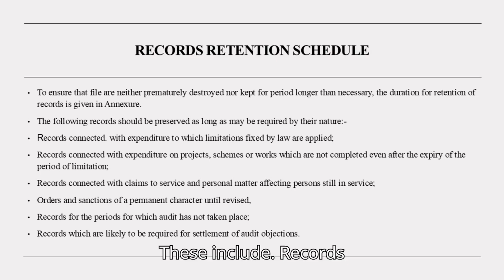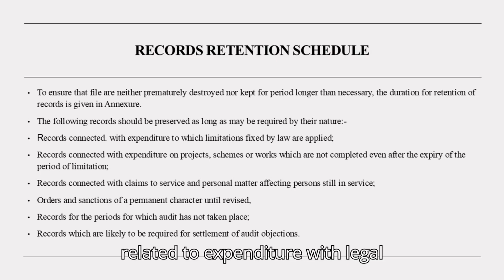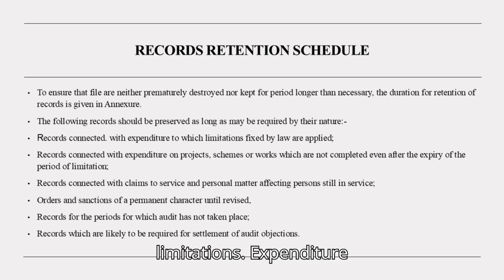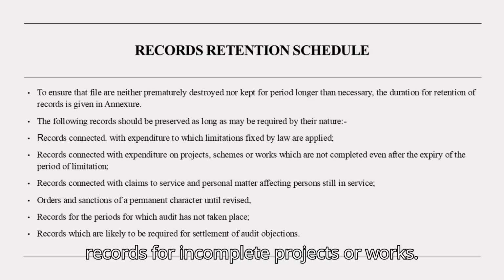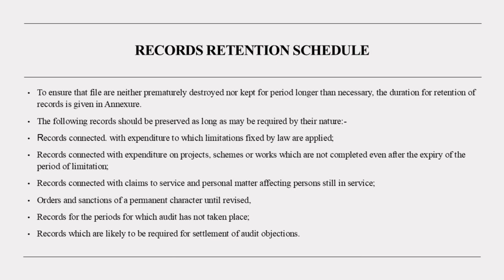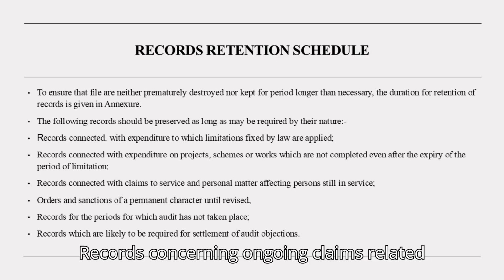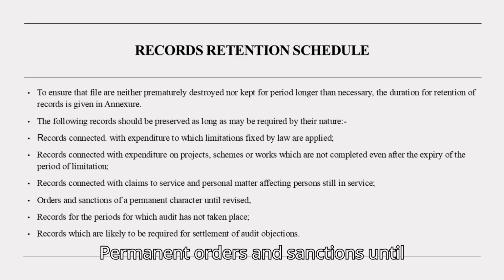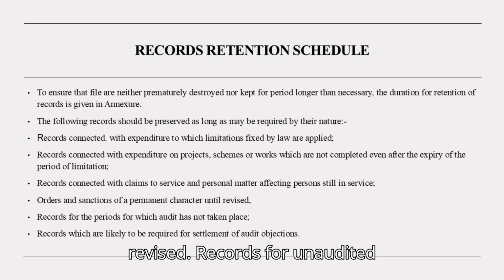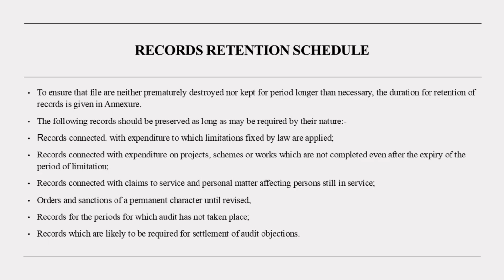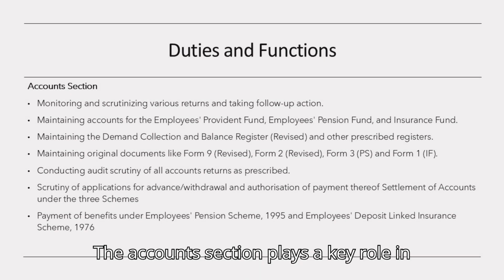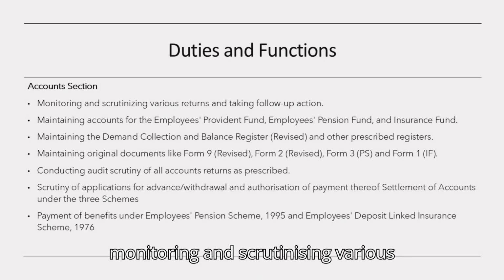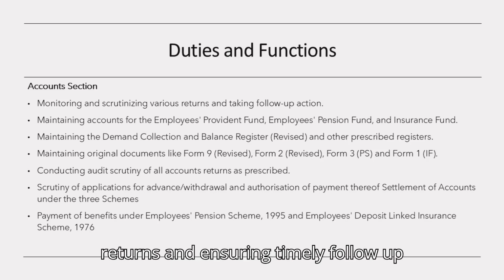These include records related to expenditure with legal limitations, expenditure records for incomplete projects or works, records concerning ongoing claims related to service or personal matters, permanent orders and sanctions until revised, records for unaudited periods, and any records needed for resolving audit objections. The Accounts section plays a key role in monitoring and scrutinizing various returns and ensuring timely follow-up